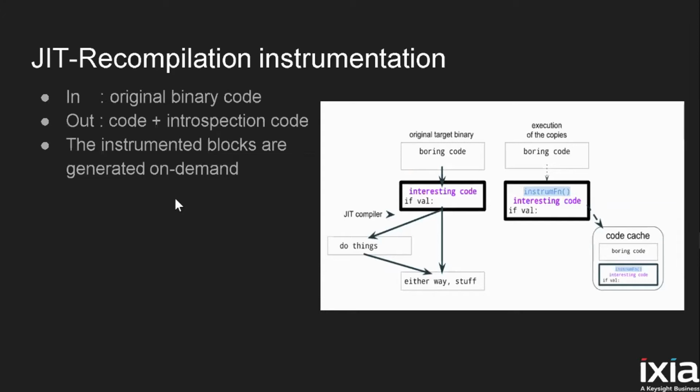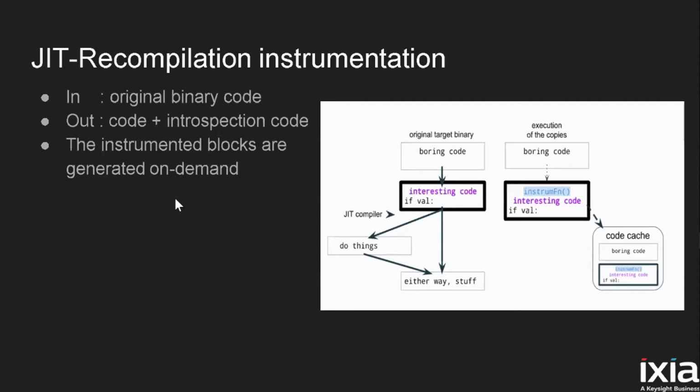And how is that done? Well, if we have a certain basic block that we want to understand, if we want to analyze, we will take it, we will transform it into an intermediate representation, and then we will add the instrumentation code that we want to use in order to study that basic block, and we're using the JIT compiler in order to recompile